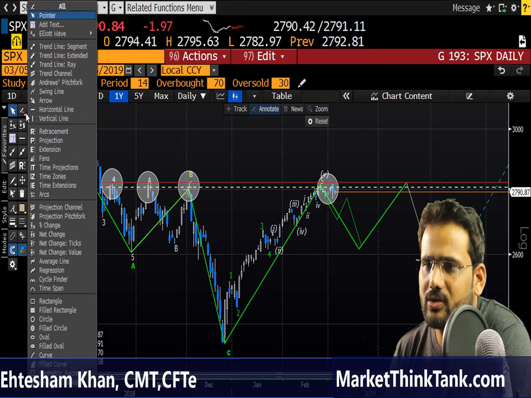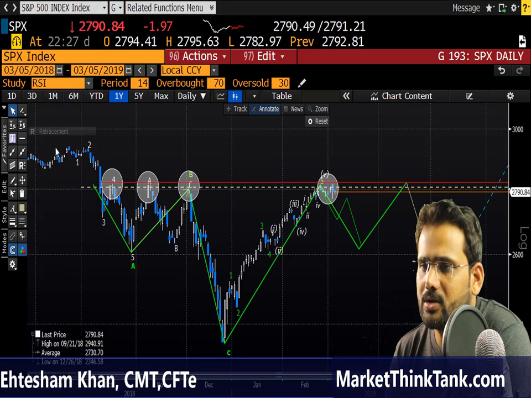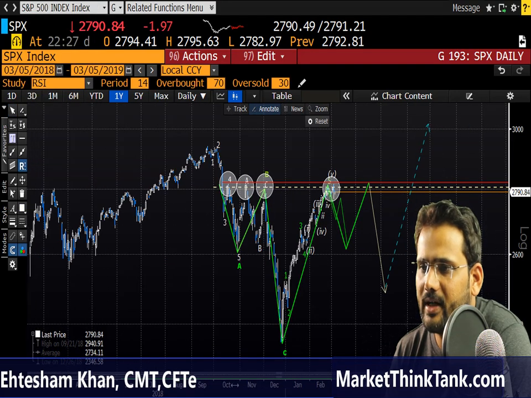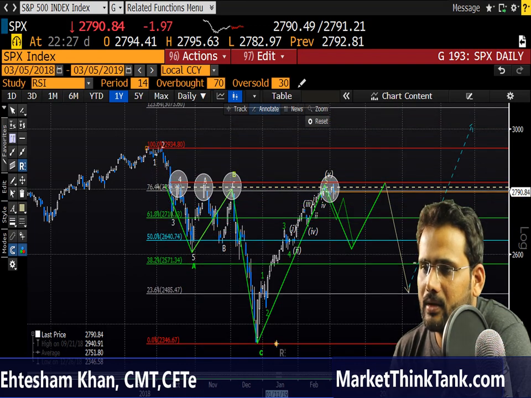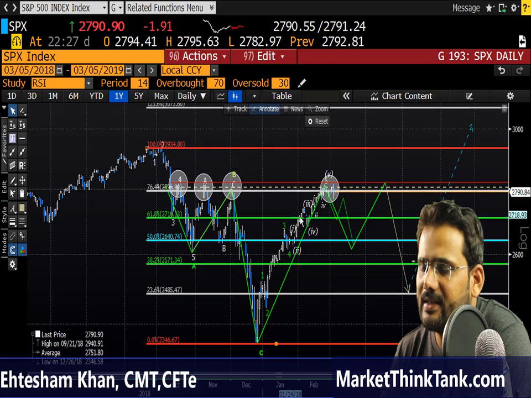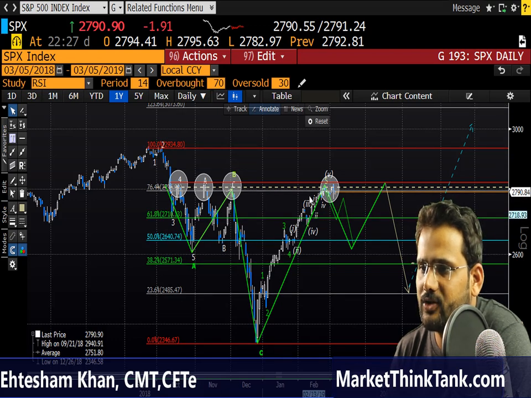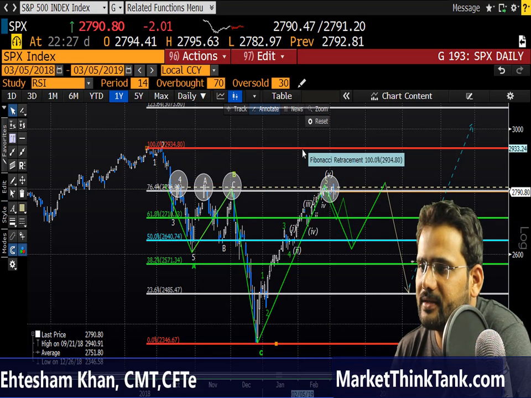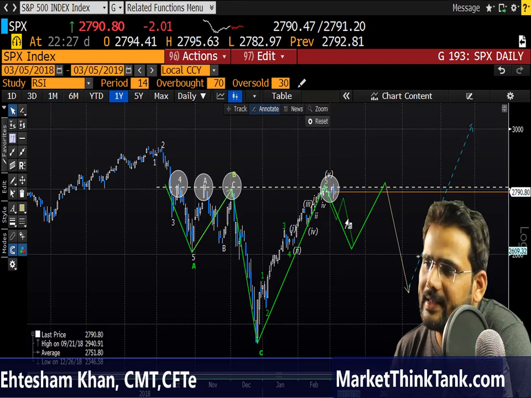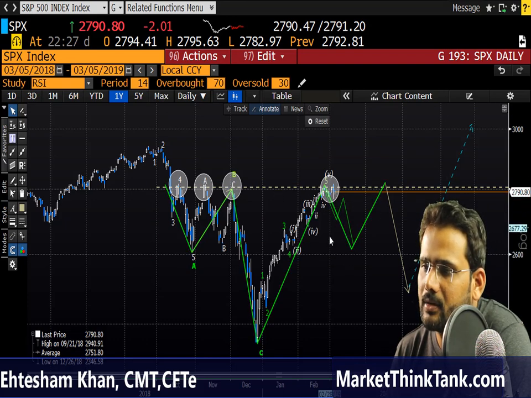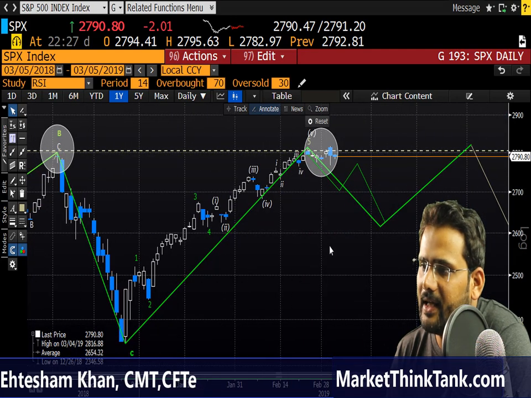Because if you look at the total correction from the top, it's more than 76% so far. The total correction from the high of 2940 is more than 76%, as you can see right now. So wave 1 is about to complete. We will get a correction here, something like this in ABC,